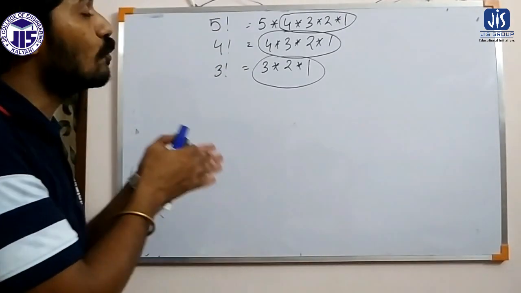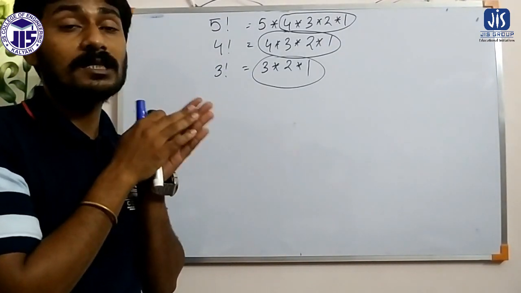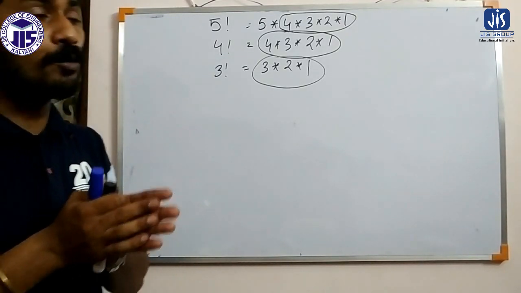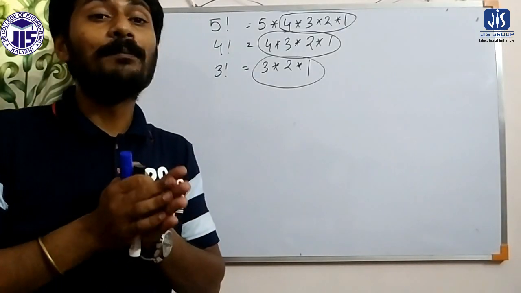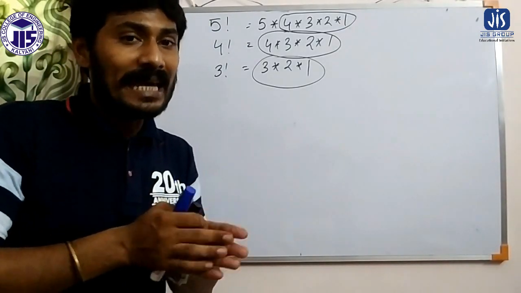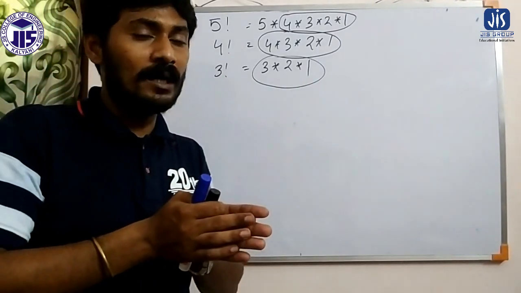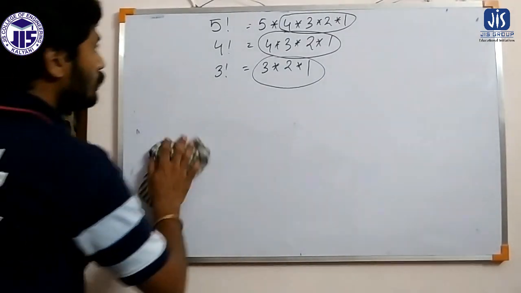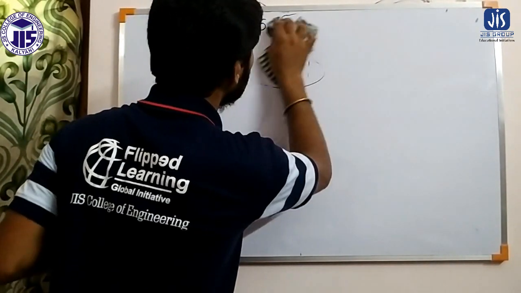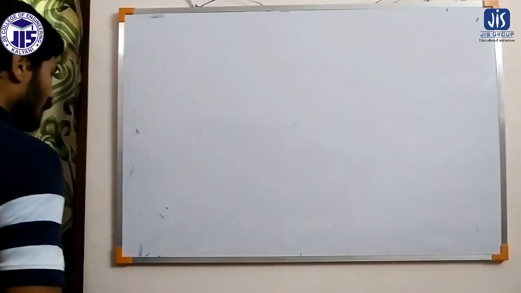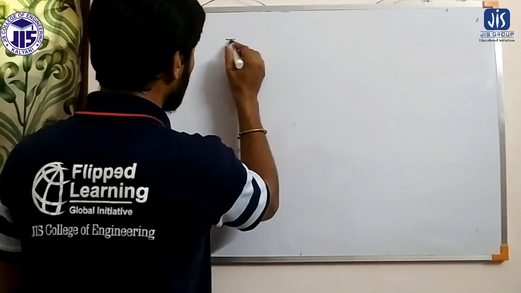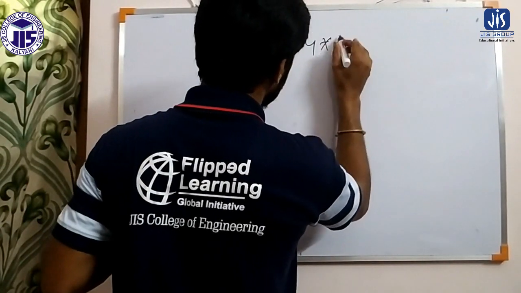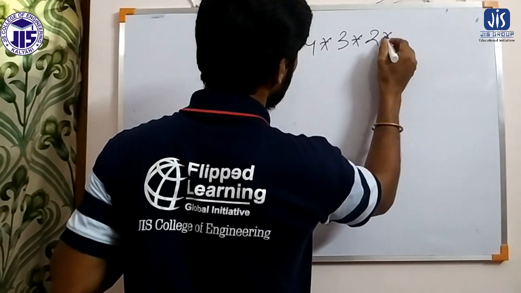That's why here we use the concept of recursion, basically, where we will not perform the same operation or do the calculation repeatedly. We will not do the same calculation again and again. We will perform the calculation once and use that for the next calculation. That means, what are we changing here? The change is there. What we have written is 5 factorial is equal to 5 into 4 into 3 into 2 into 1.